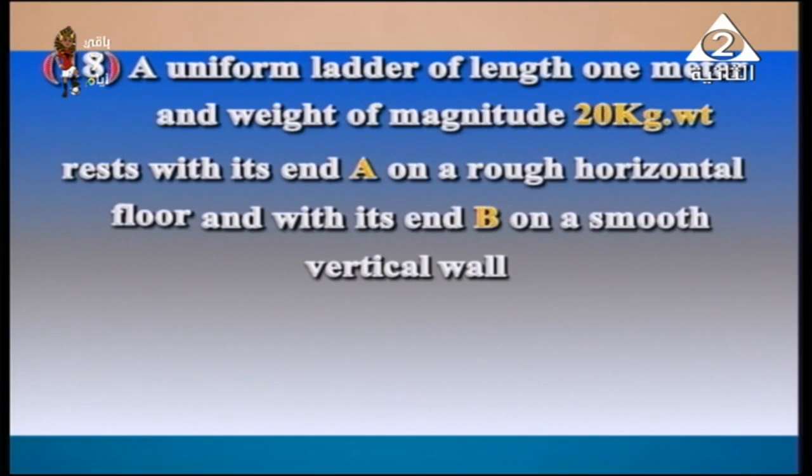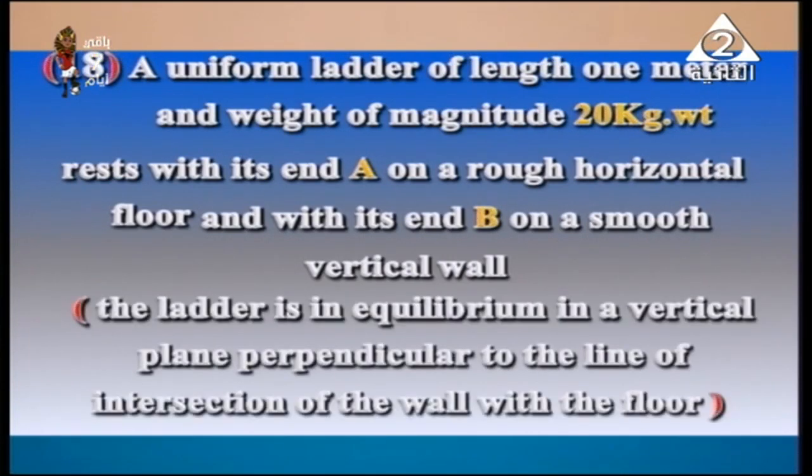Length 1 meter or 100 centimeter. Its weight magnitude is 20 kilogram weight. It rests with its end A on a rough horizontal floor and with its end B on a smooth vertical wall. The ladder is in equilibrium in a vertical plane perpendicular to the line of intersection of the wall with the floor